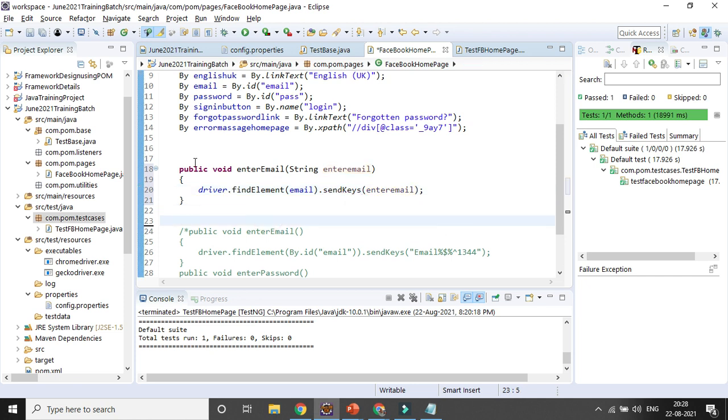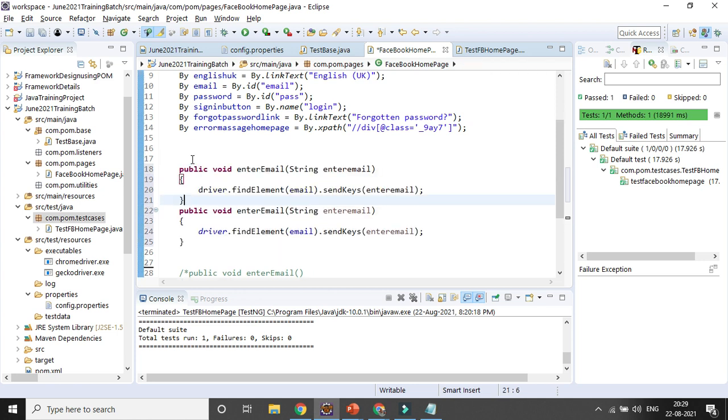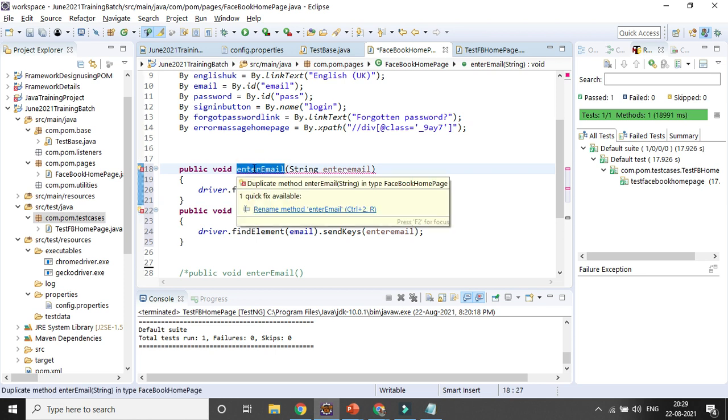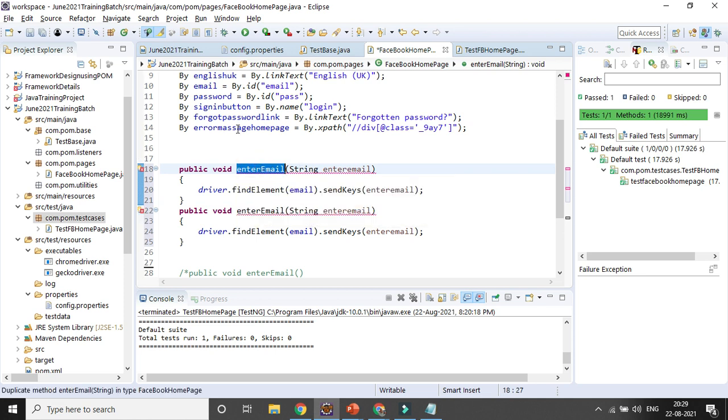So that's why. Similarly for the English one, first we need to click on the English UK. So I'll be creating void click English UK.